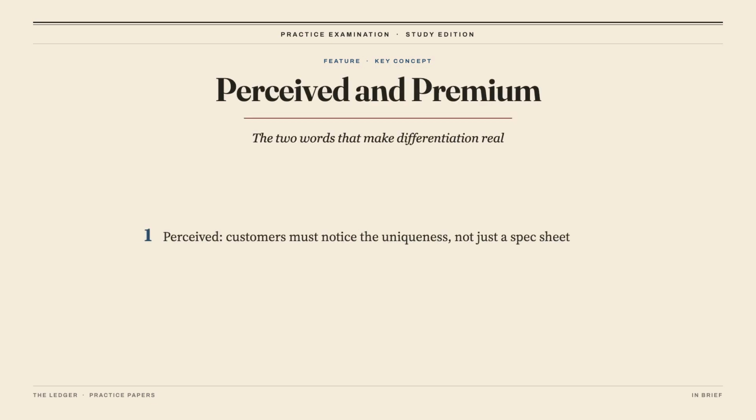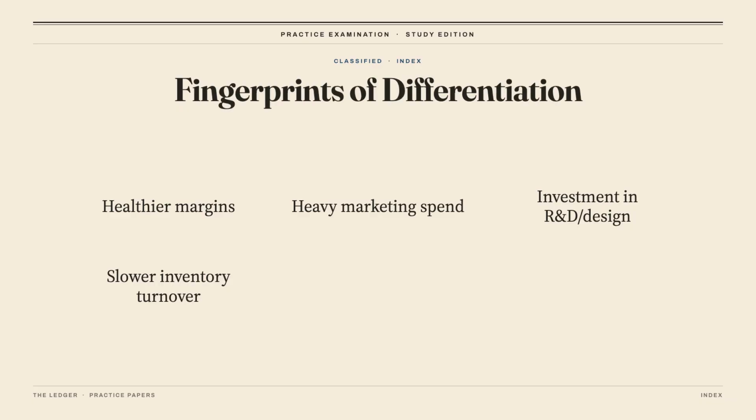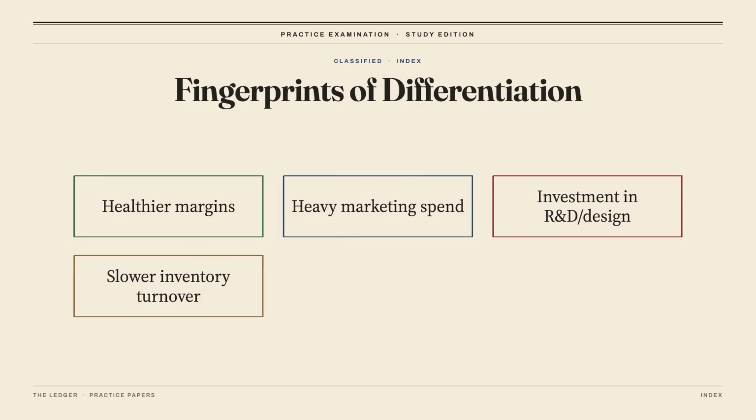Formally, differentiation means offering something customers see as meaningfully different in a way that supports premium pricing despite higher costs. The uniqueness has to register with customers, and it has to translate into a price that more than covers what it costs to deliver. The strategy leaves fingerprints in the financials: healthier gross margins, since the premium outruns added cost, heavy spending on marketing, branding, research, or design, and often slow inventory turnover, since goods sell on distinctiveness rather than